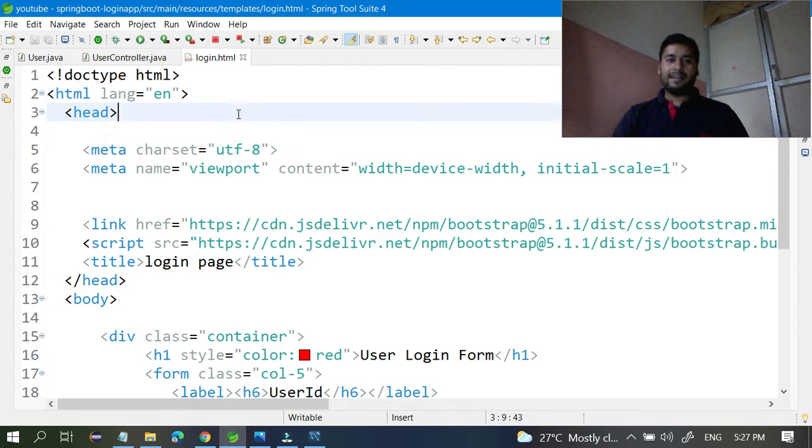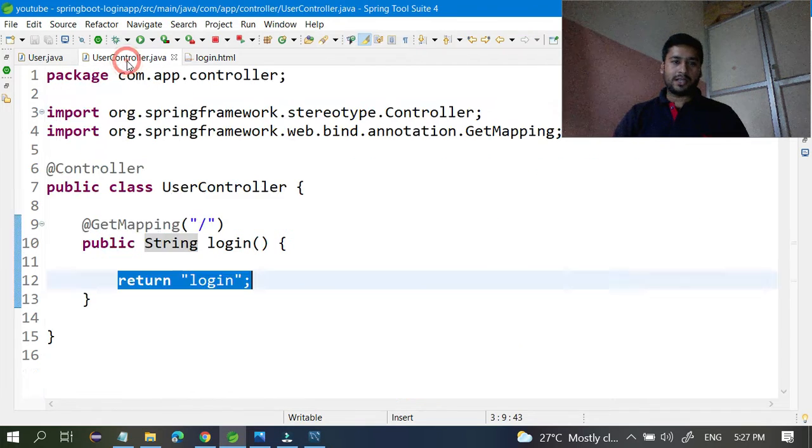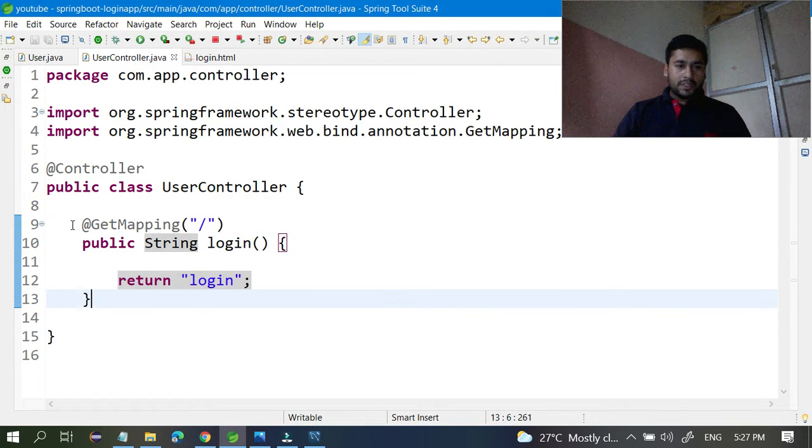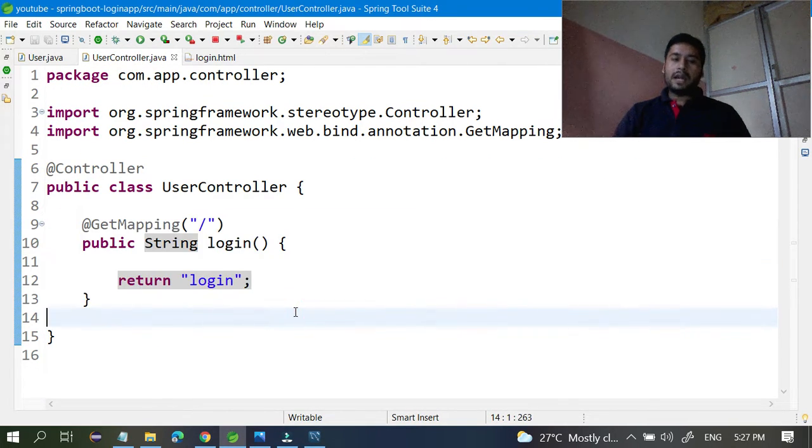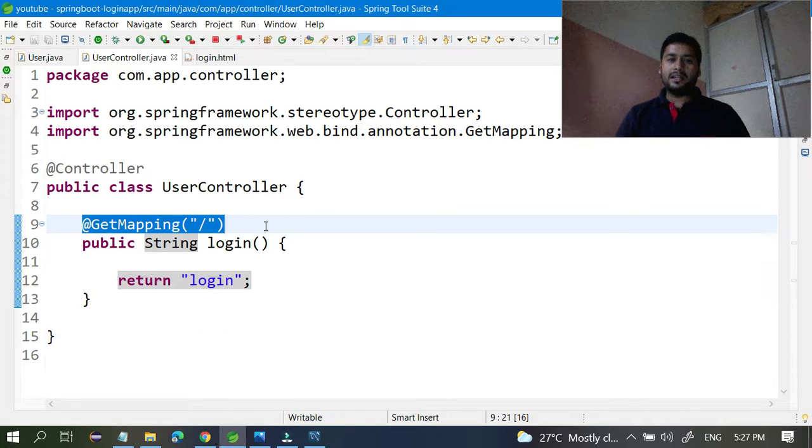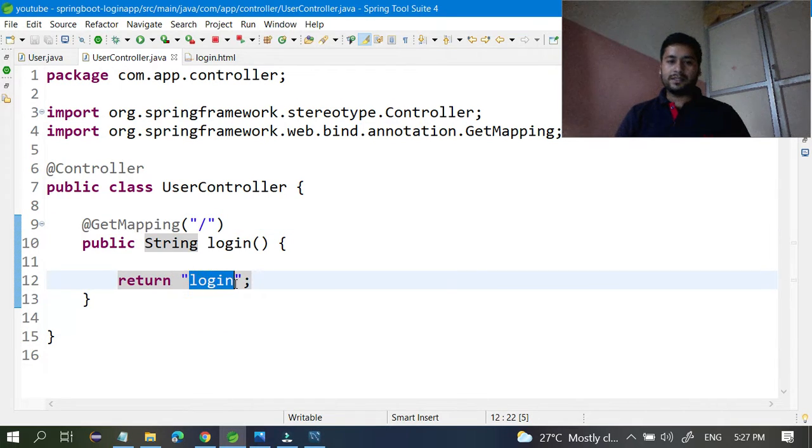To send to the controllers, anyone given the base URL of our project application, you have to send to this page. Okay, now what we have to do, once you are going to the login page,